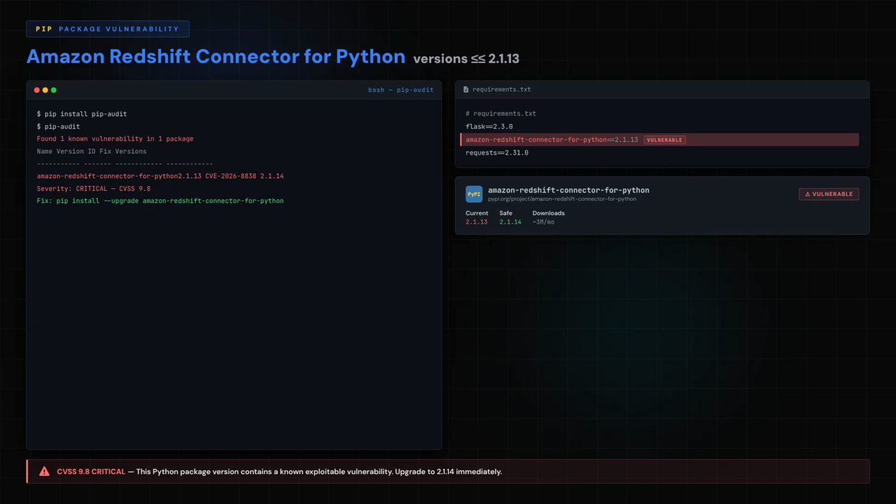Running pip audit immediately flags the vulnerable package. It matches a known CVE with a CVSS of 9.8. The package is locked in requirements.txt and any environment that installed it is exposed. Until the dependency is updated, every deployment using this version of Amazon Redshift connector for Python is at risk of